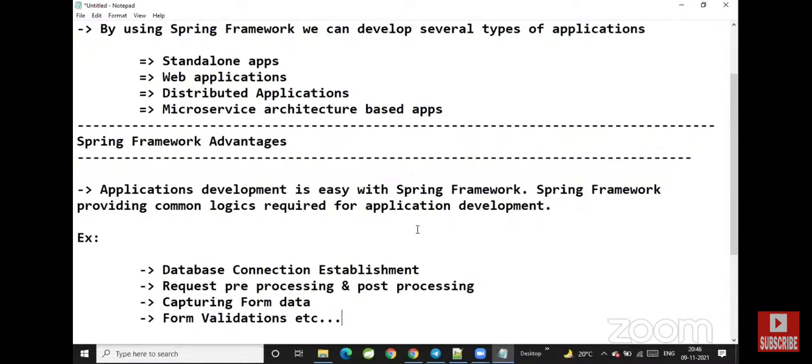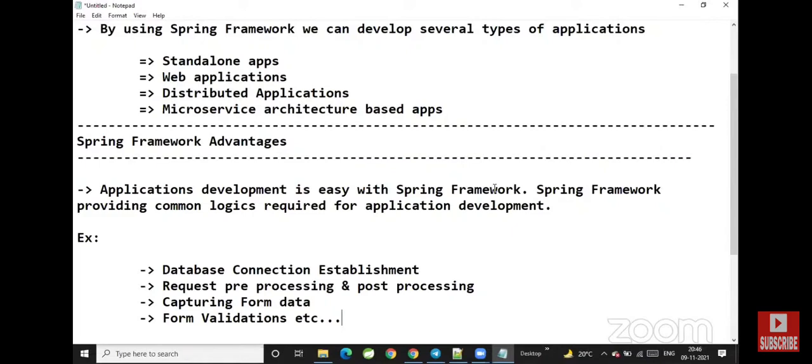Request pre-processing, whenever a request comes, doing some pre-processing and post-processing on the request, that is also a common requirement. And in the web application, forms will be available. When the user submits the data, we have to capture the data from the form.